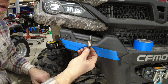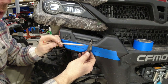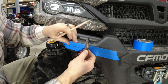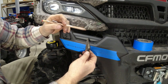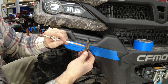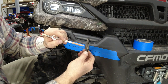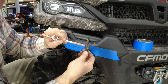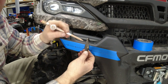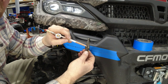You want to make sure whatever unibit you're using, you mark these particular lights take a 3/4 inch hole. You'll notice, probably won't show up on the camera, but there are measurements listed inside the cut here. You want to make a test hole in a piece of plastic or something and test your light and make sure it works. Just because this says 3/4 inch here doesn't mean that it's actually drilling a true 3/4